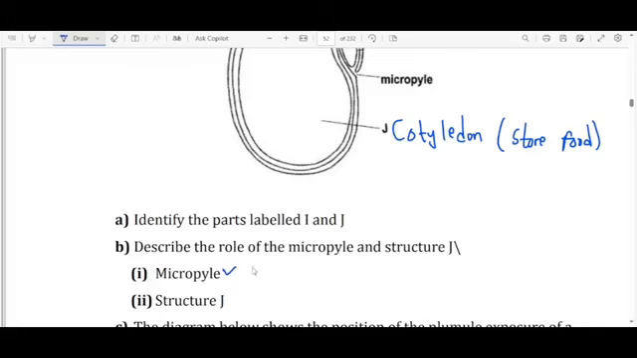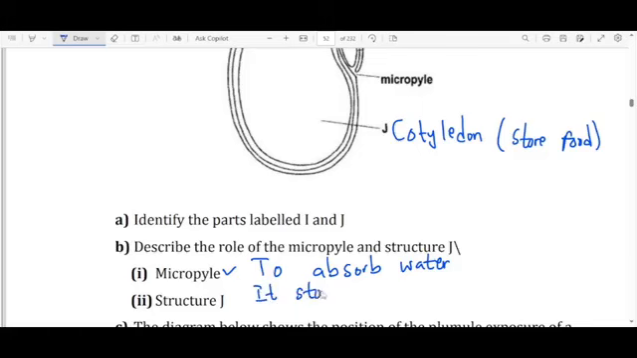So the role of the micropyle is just to absorb water. That is the role of the micropyle. It just absorbs water so that the water can be used by the seed. Then structure J, we said, is the cotyledon, which stores